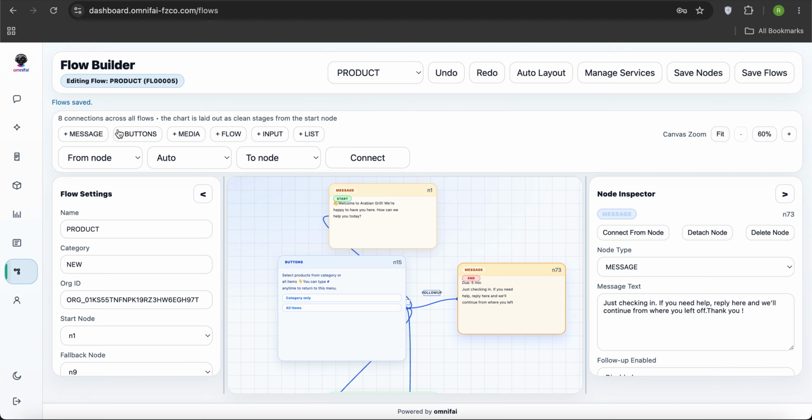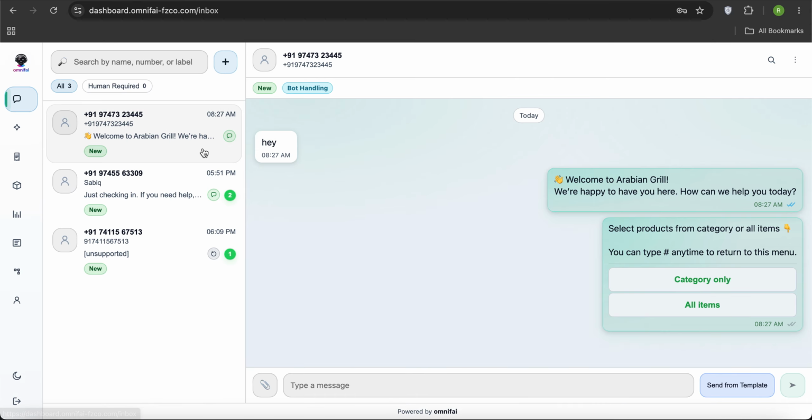follow-up message. You can monitor your chats and so much from here too. Here I've sent a hey message, welcome, send products from this thing, everything real time. So you can either wait for 5 minutes and see the follow-up message, which would definitely be coming in. So this is how you set up